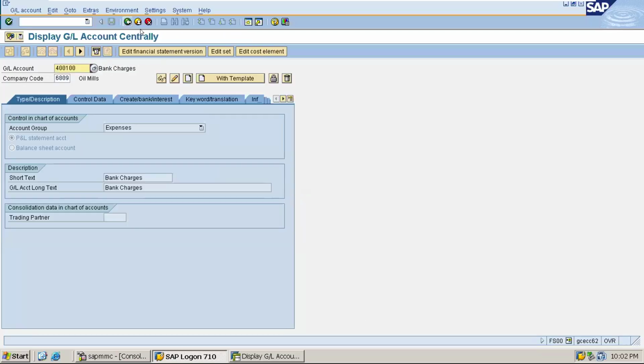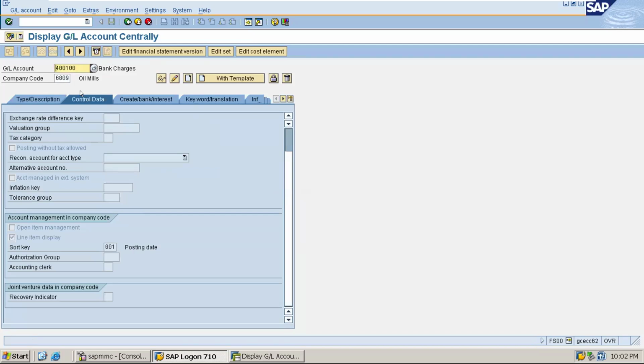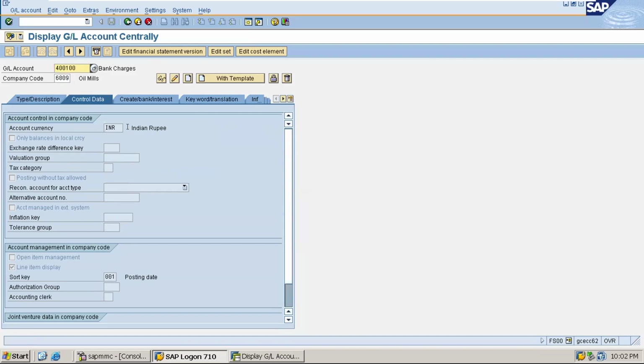Now, in addition to that, there are a few changes. You can see here, for all your balance sheet as well as P&L accounts, the exchange rate default and the account currency.